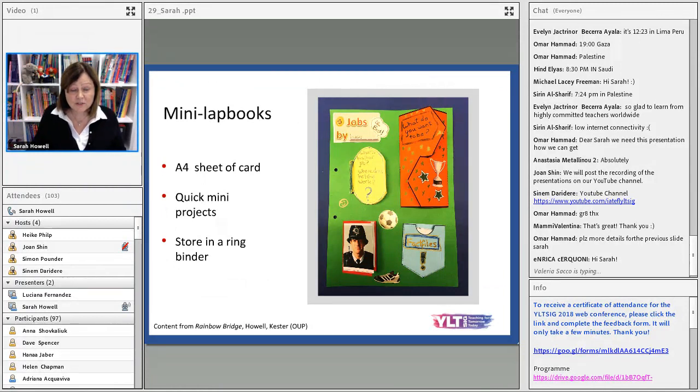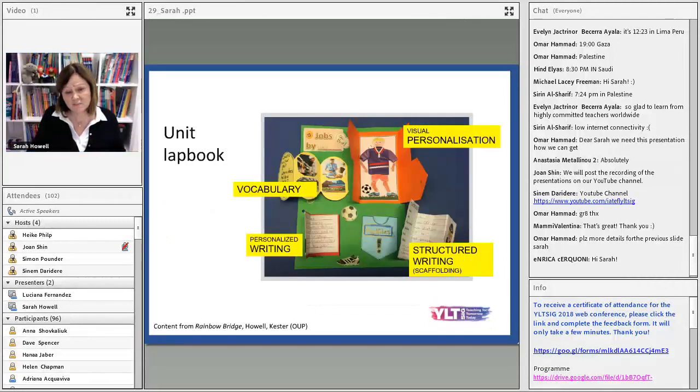Here is another option of a lapbook. It's a mini lapbook, a quick fix lapbook, just one page with 2 holes punched in the side so you can put them into a ring binder and collect them over the year. Of just a simple project based on a unit, but it includes a high level of personalisation and engagement of